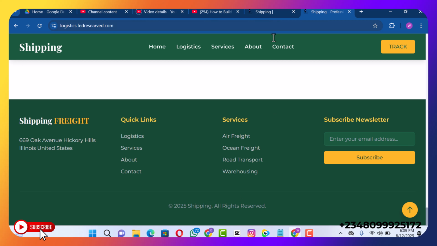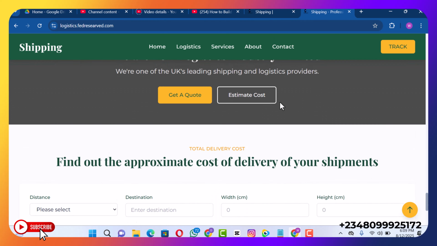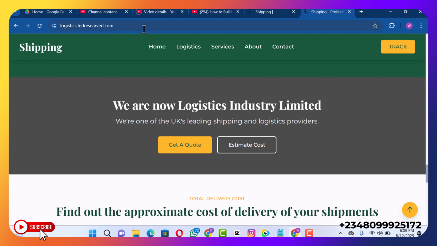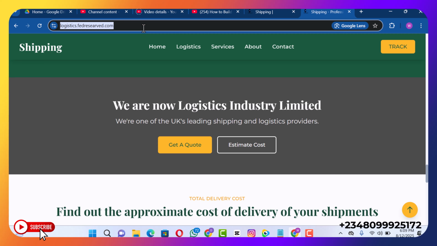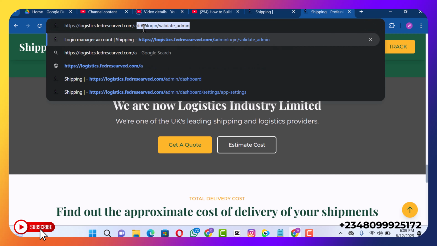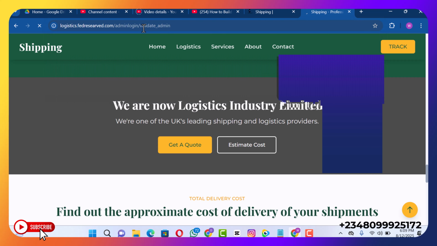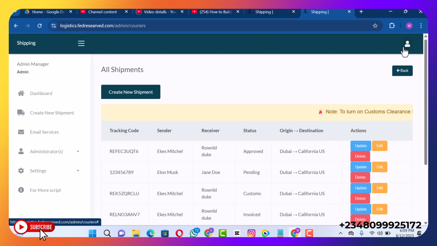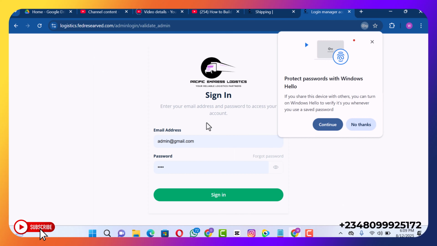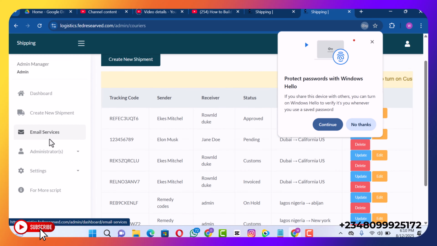So to be able to set up your site details, logo, and so on, I'll just come over to admin login / validate underscore admin, and then you'll be asked to put in your email and password. Just going to log out and show you guys. So once I log out, we have all this. I'm just going to go ahead and put in my email and password, which is already there. And then right here we have create new shipment, and